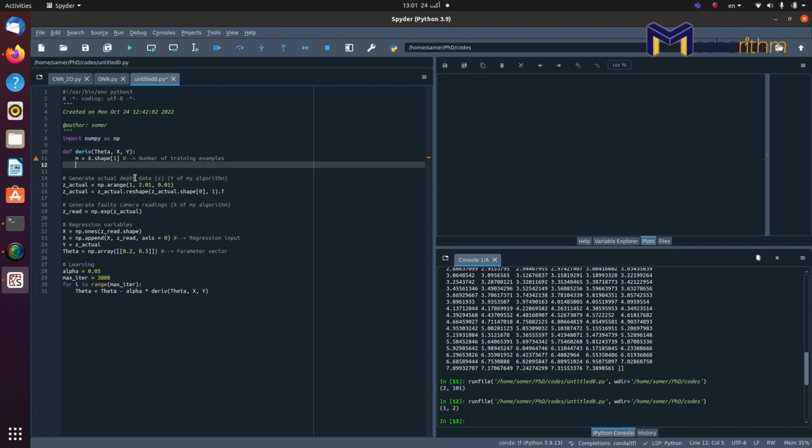And I'm going to calculate the derivative. So let's just denote the derivative as a variable dj, which means the derivative of the cost function. So I'm going to use the vectorized version of my derivative expression. So that's going to be 1 over m multiplied by the matrix multiplication